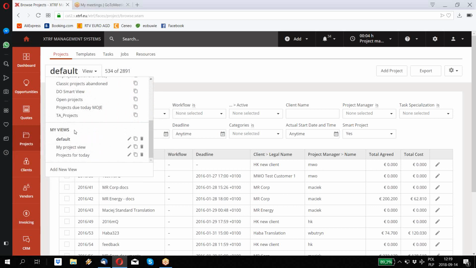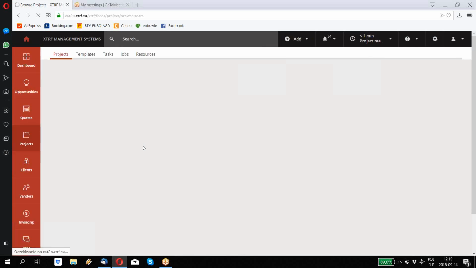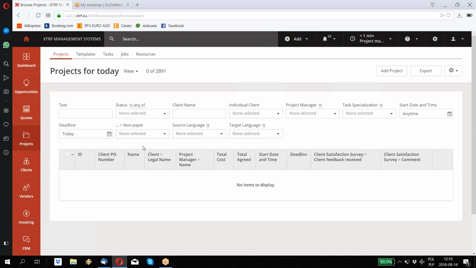And below there are my views, 3 parallel views which are created. For example, I created a view called Projects for Today. By clicking it, I'll display the list of projects which are to be delivered today. Luckily for myself, this display is empty, which means I, as a project manager, don't need to deliver any projects